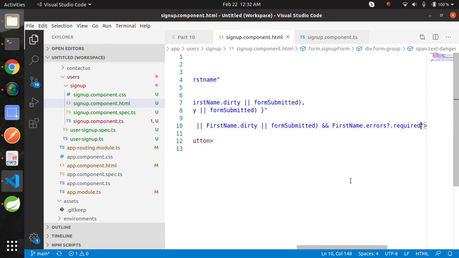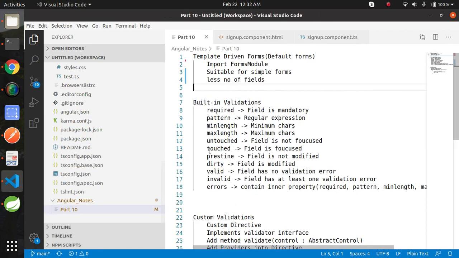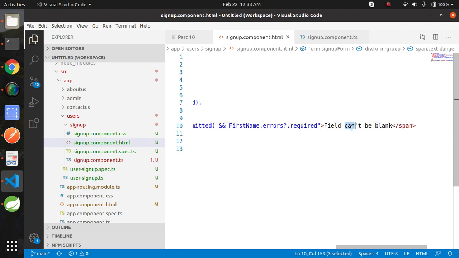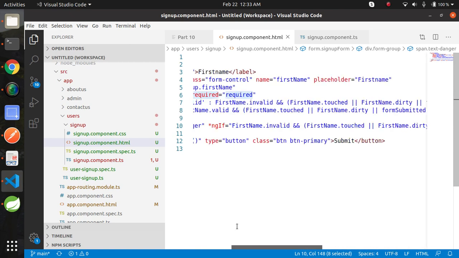If you remember, I told during this explanation errors contain these four. So if the error is due to required, then we need to show this text, field cannot be blank. Just add the third condition here after these, firstName.errors question mark, that is optional, means this can be null, dot required.